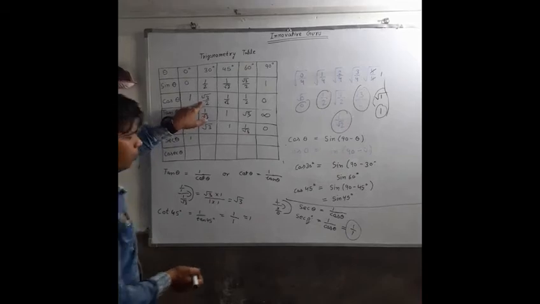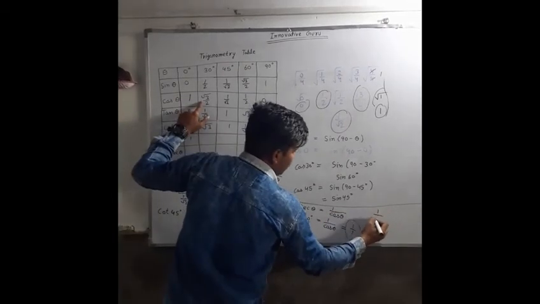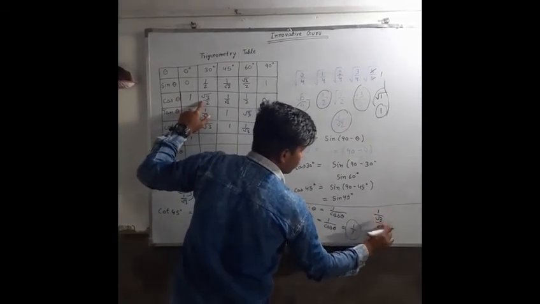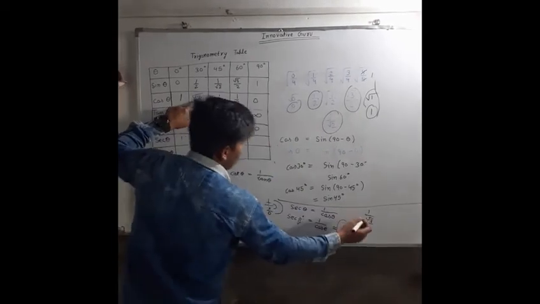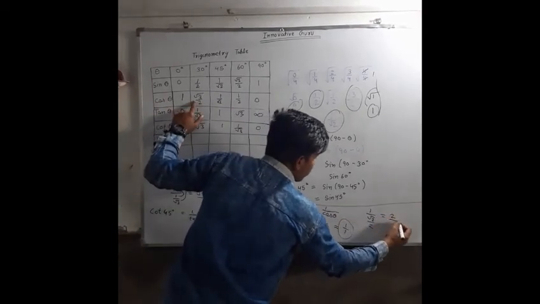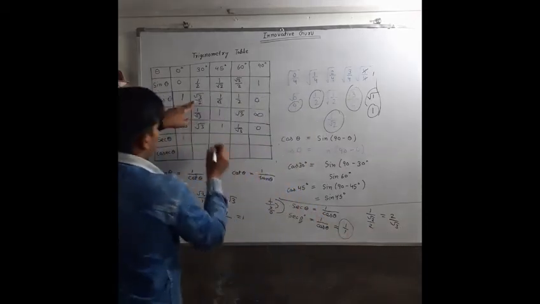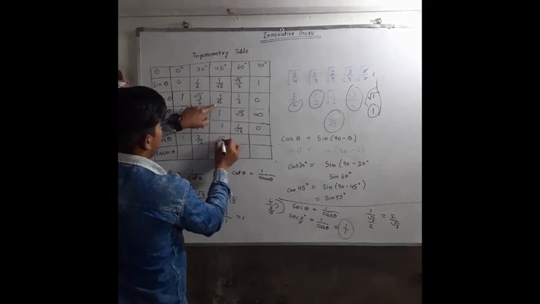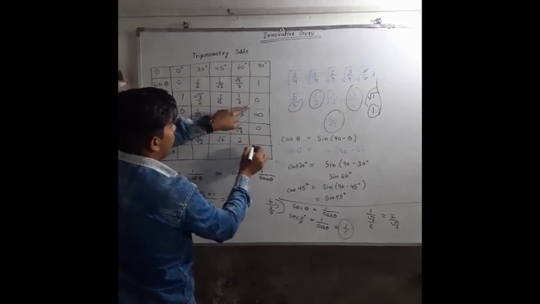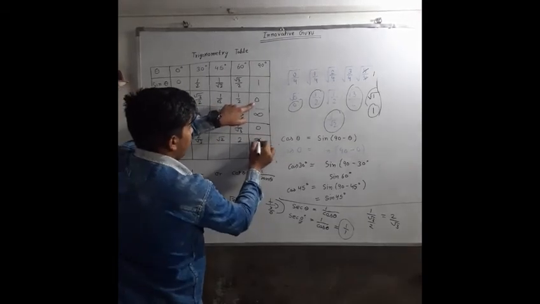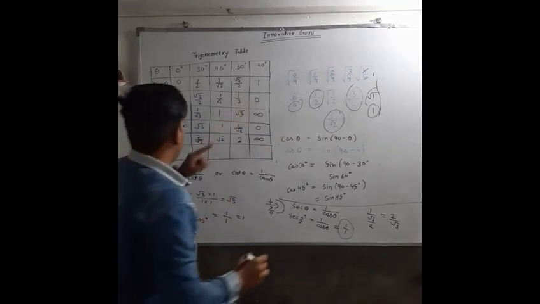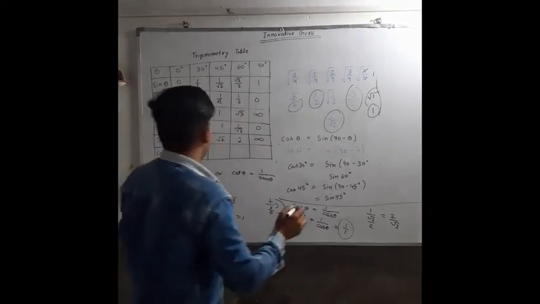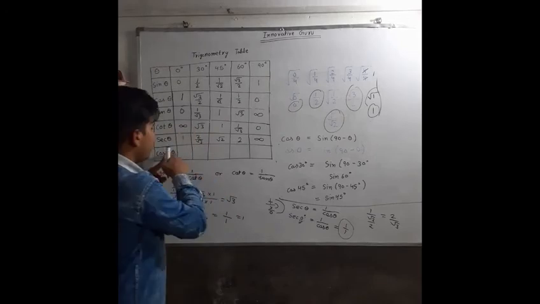Now you have to divide this from 1, root 3 upon 2, you will invert this, so the equation would be like this, 2 root 3, and for the next it would be root 2, it would be 2, and it would be infinity, as I told you. Now the last one, focus on the last one, cosec theta.